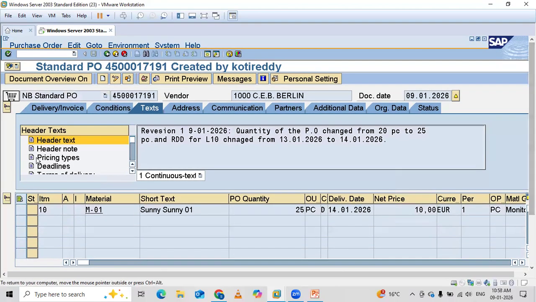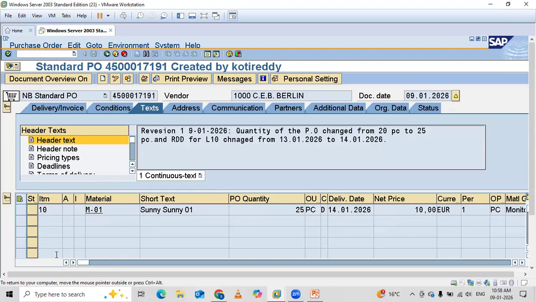So 80% of the jobs will be to create purchase requisition to purchase order. This is in all organizations. You can go to any organization. The thing is, you need to check the prerequisites, all the details in the purchase requisition. When you adopt it to the PO, you need to check all the details. Then you can place the PO.